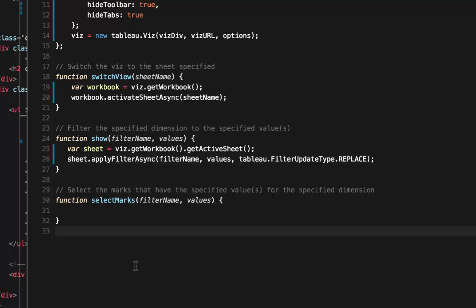Now on line 25, we need to go all the way down to the sheet level. Remember in Switch View, we could only do that at the workbook level, not at the viz level. Well, to apply a filter, we can't do that at the workbook level. We have to go even one step further down to the sheet level. So we do that by calling viz.getWorkbook, which we've already seen, and then we go one step further to get active sheet. That will give us the active sheet object, which, by the way, we can only filter to the active sheet, not to sheets that aren't being shown. We grab the active sheet and we store it in a variable called sheet,